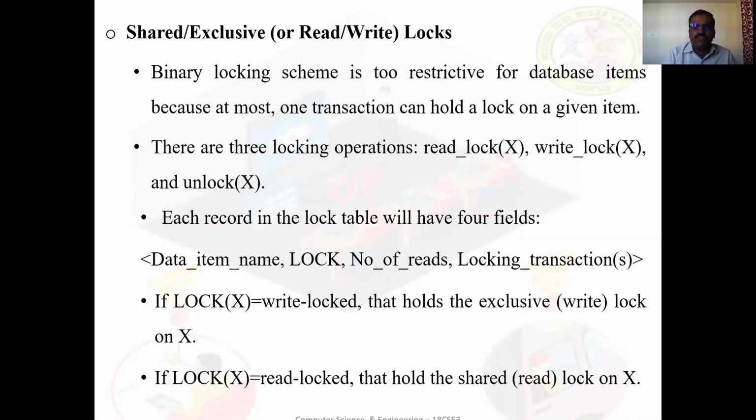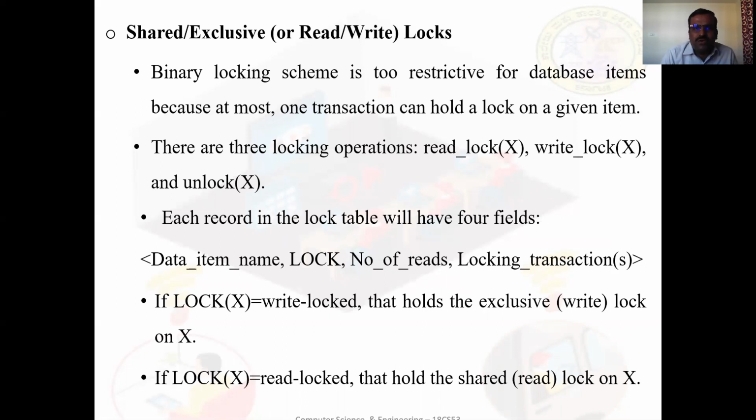Next, shared or exclusive locks, also called read-write locks. The binary locking scheme is too restrictive, as we discussed in the previous sections. It is too restrictive for database items because at most one transaction can hold a lock on a given item.